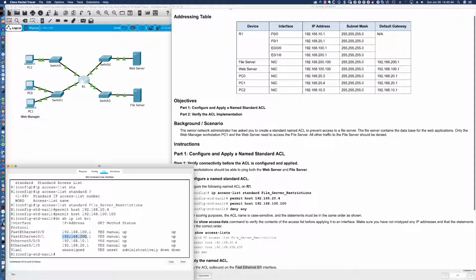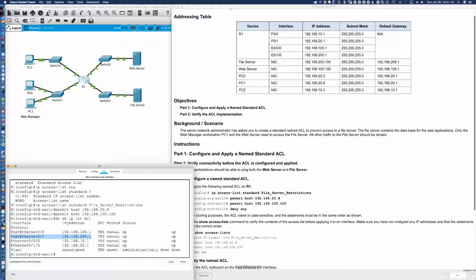but the 200.1 is Ethernet. It says, okay, so here we go. So it says Ethernet 0/10 is that 192.168.200.1, right? But what do they have here for Ethernet 0/10? That's the 20.1. The actual 200.1 is on FastEthernet 0/1. And you can see it looks like the addressing table is just mixed up a little bit here, right? Because the problem would be with the addressing table